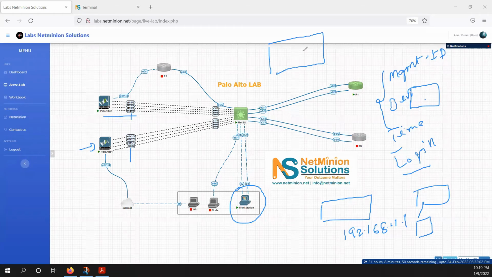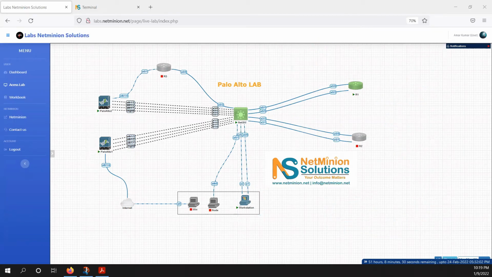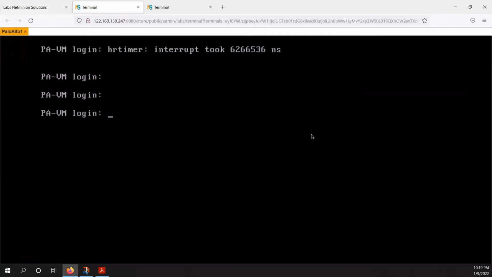So let's say on the firewall you have a console port, so you can connect a console cable. And through the console cable, you can connect your laptop, open PuTTY, and using the console port, you can access it. When you access it, you would get a console like this. Let me show you the console. So this kind of console you will get. This is your Palo Alto console. And in this console, you can log in.